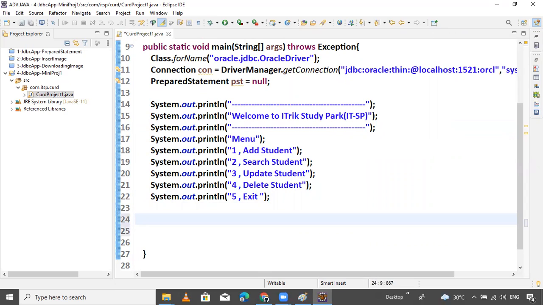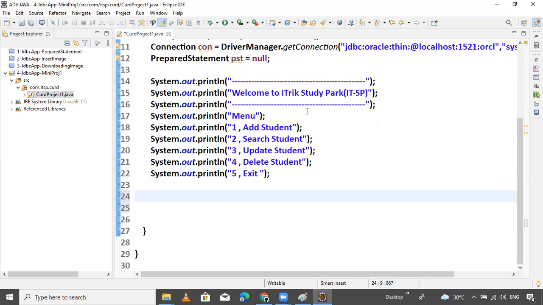Okay, so now come here. Now our menu is ready.